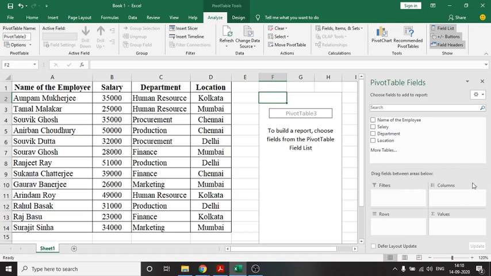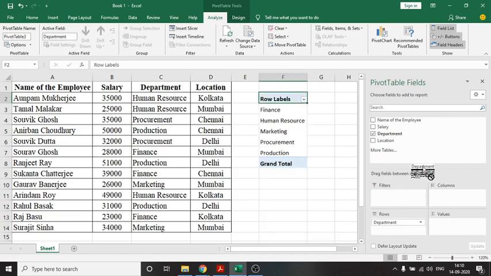It's showing the filters option, columns option, rows and values. Now I want the department to be my row. So what I will do, I'll simply take my cursor on the department, then click my left mouse button and drag it towards the rows.